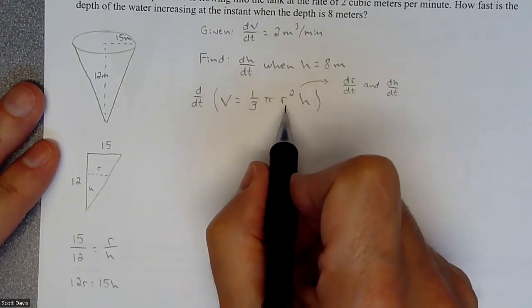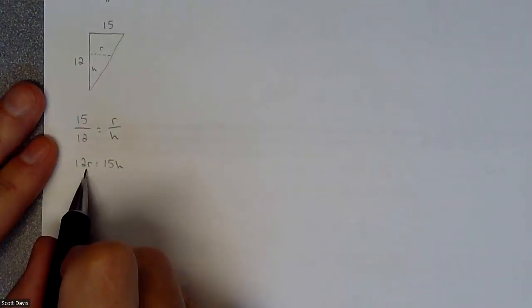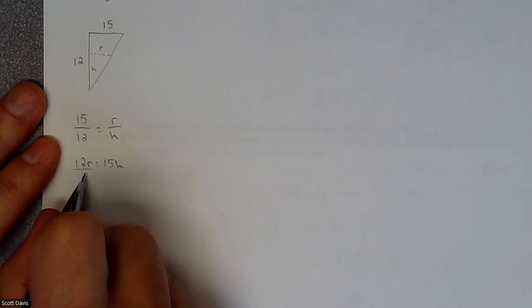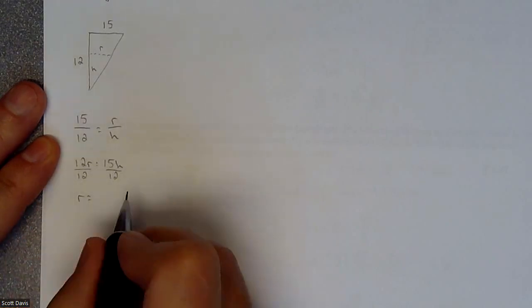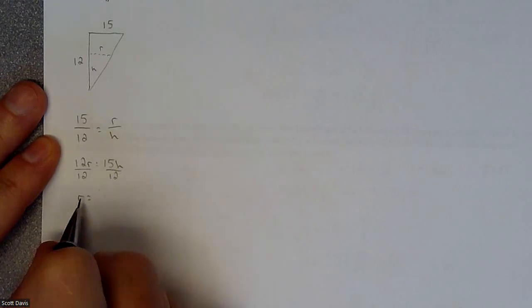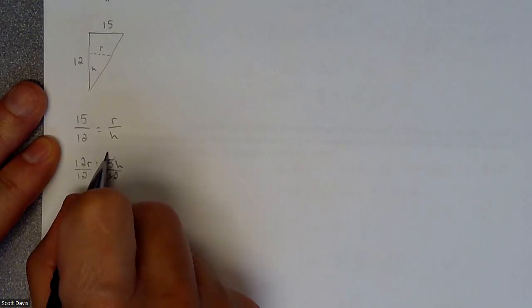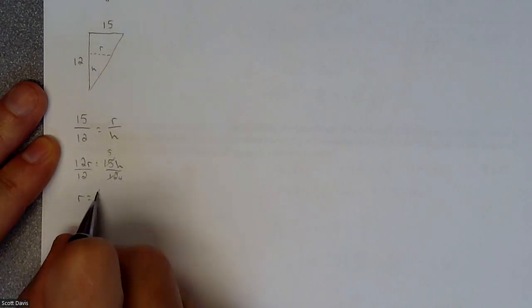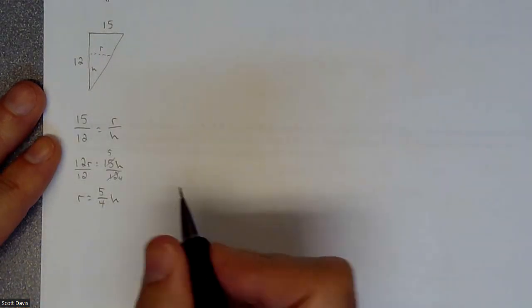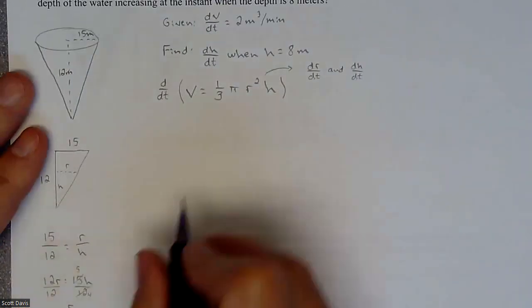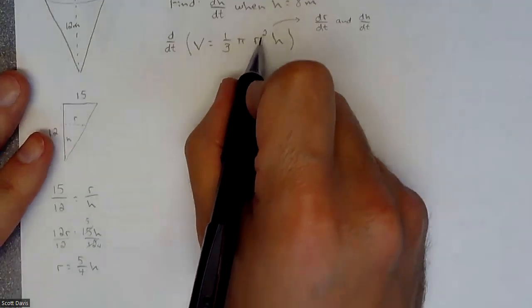So we want to sub that r out. This is exactly what we need in order to do that. We are going to divide the 12 over and get this in terms of h. So we're going to isolate the r. So 15/12, we're going to cut out a 3 out of those, so 5/4. So 5/4 h. All right, so I can take that value and replace our r with